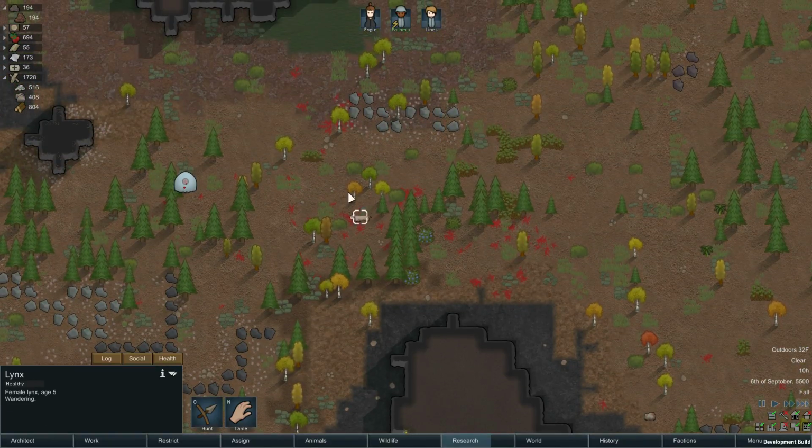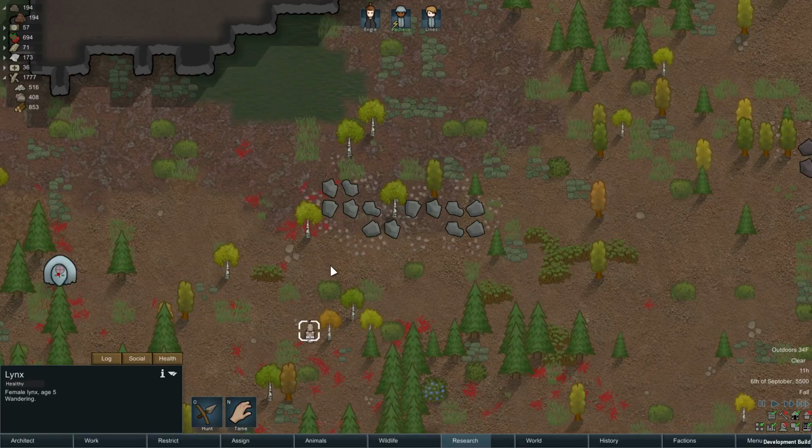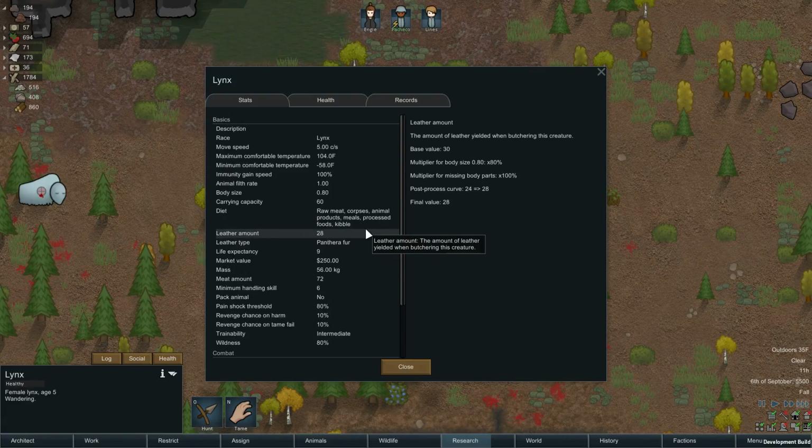Little gold over here. A lynx. I do not have too much experience with lynxes in this game. Let's take a quick look. You eat raw meat and corpses, which tells me you will attack animals and people. Meals, processed foods, and kibble. Yeah, you won't be a problem with our garden, but...